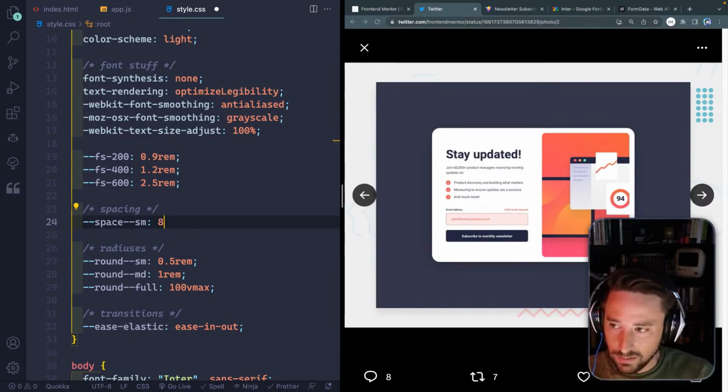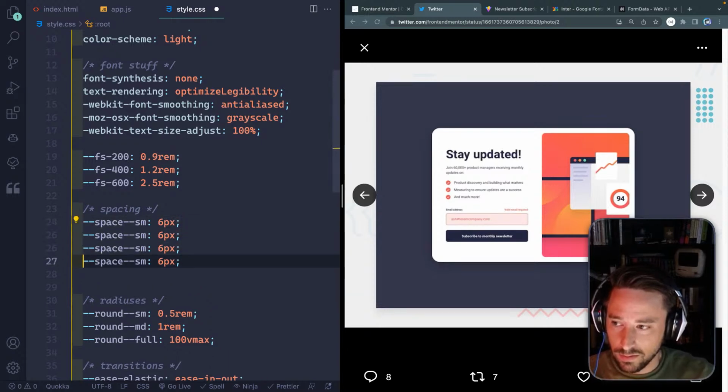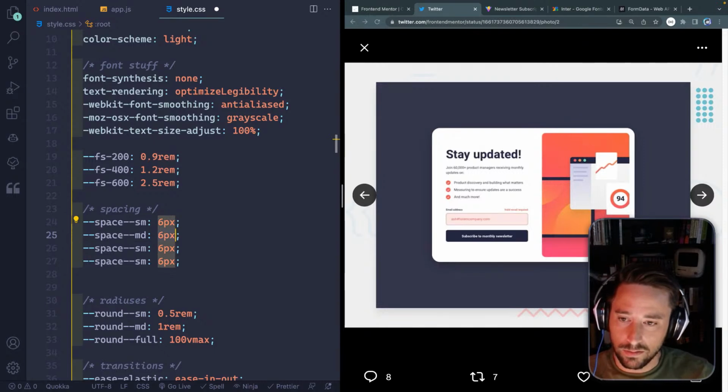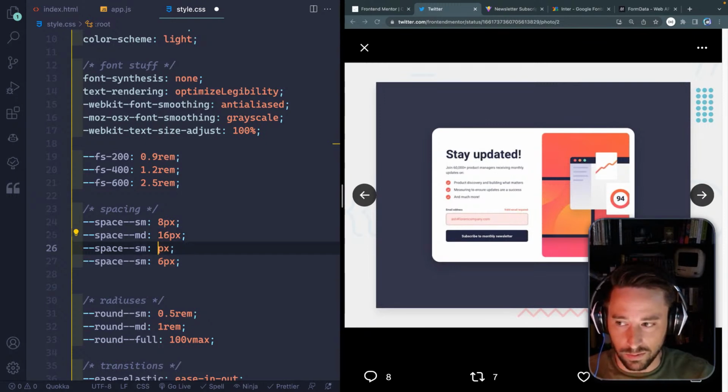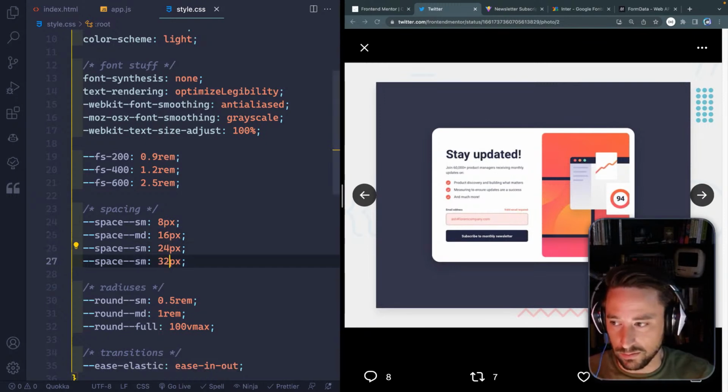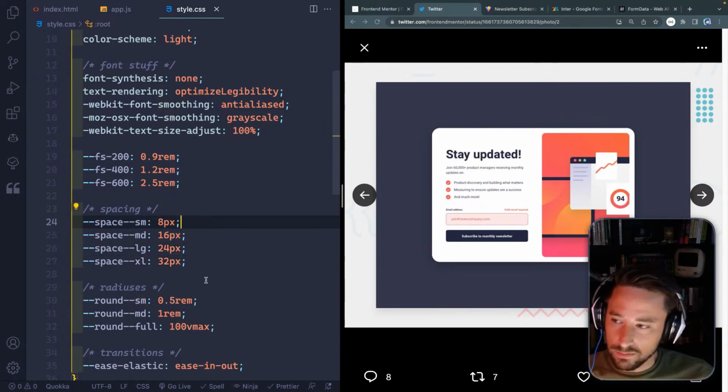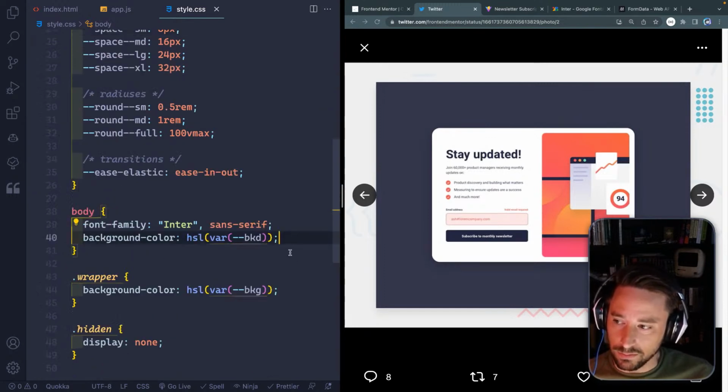Let's, I don't know, let's do a 6-point grid maybe. So the medium, maybe we go 8-point grid. So 16, probably 24, probably 32. Good enough for me. All right, so we'll do large and extra large. Anything else I could think of? I don't think so. Okay, so let's go ahead and